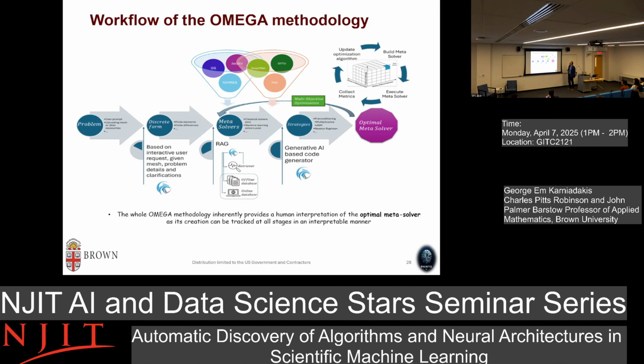Okay, so here's a workflow. We go from left to right. What I told you so far is that there are many different solvers, one silo, and then many different operators, another silo, and we want to take one of each and mix them. But there are many combinations, and depending on the data and the problem, you have to change it. So we want to automate this process, where the LLM, as Jim asked, comes in to write this code automatically, even from very minimalistic instructions from us.